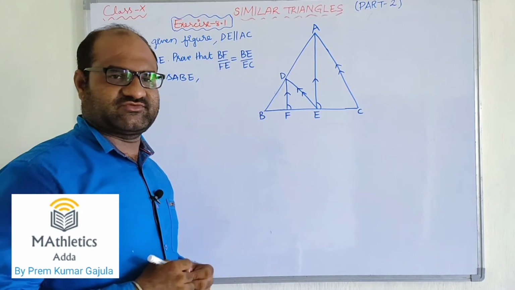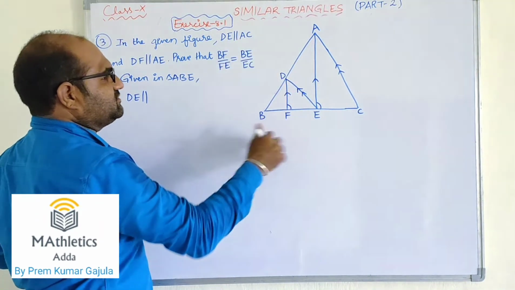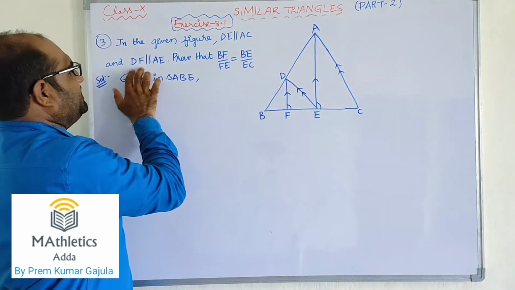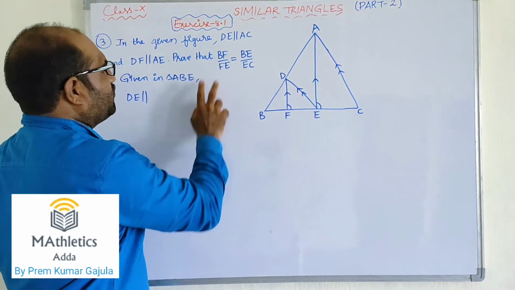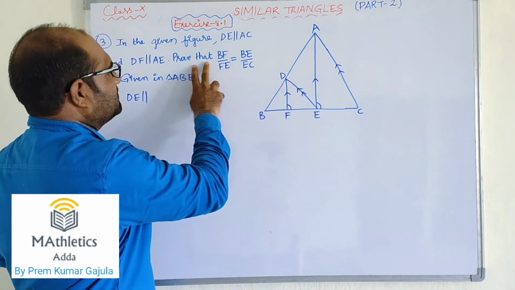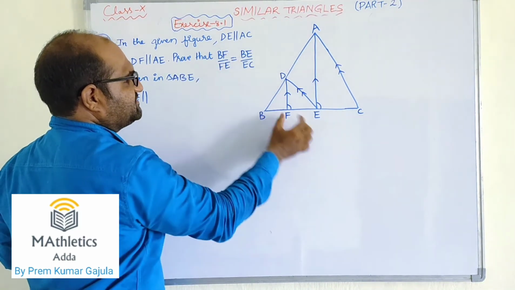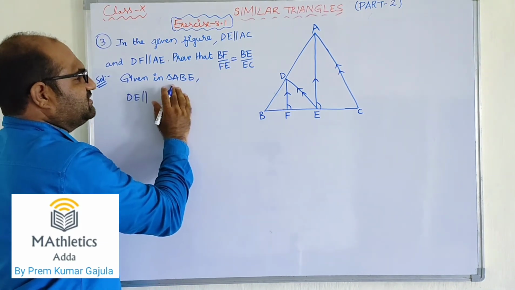Now let us look at the next question. Question number 3: in the given figure, DE is parallel to AC, and DF is parallel to AE. So what we have to prove? We have to prove that BF by FE is equal to BE by EC. So now let us start. Given in triangle